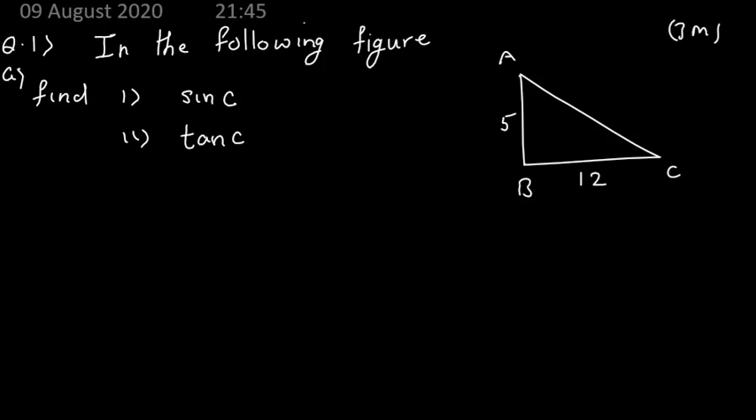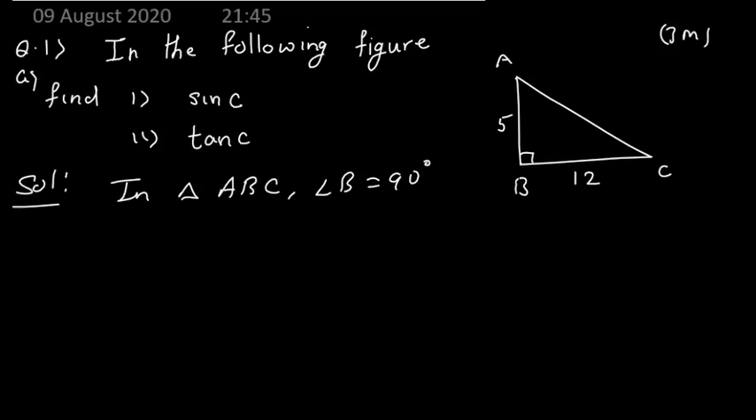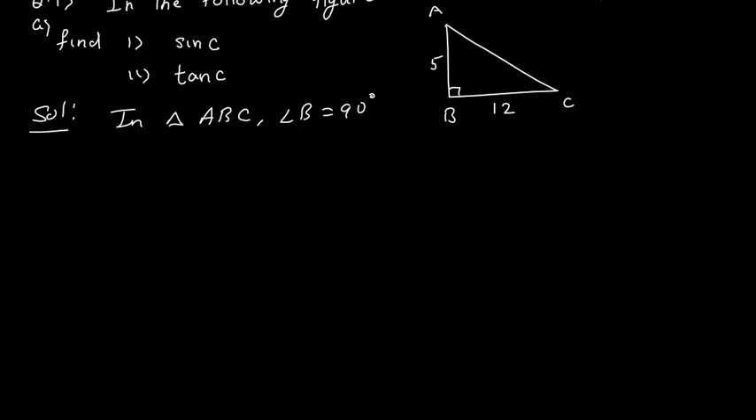In the following figure, find the value of sin C and tan C. Now you can see the figure. This is a right angle triangle, right angle at point B. So here in solution, you can say that in triangle ABC, angle B is 90 degree. So as angle B is 90 degree, therefore